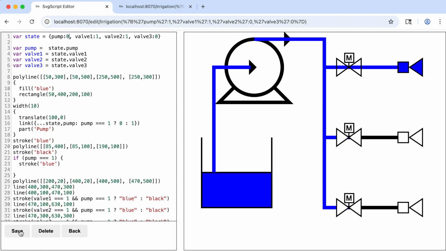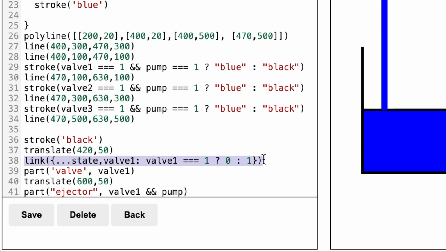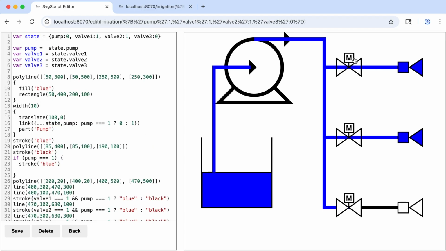In this drawing, we show how a user can click in a diagram to control pumps and valves. The state of the devices in the drawing is defined as an object with fields for the pump and the 3 valves. We use the link function to toggle the state of the pump and valves between 0 for off and 1 for on. The color of the lines change between black and blue depending on the state of the